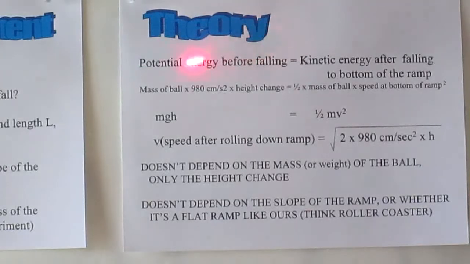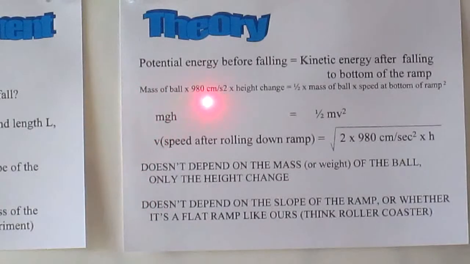So the theory here is that the potential energy, the energy that's stored up by lifting the ball to the top of the ramp, is the same energy as the moving energy, or kinetic energy, the ball has at the bottom of the ramp. And if you want to figure this out, and physics is all about figuring things out,